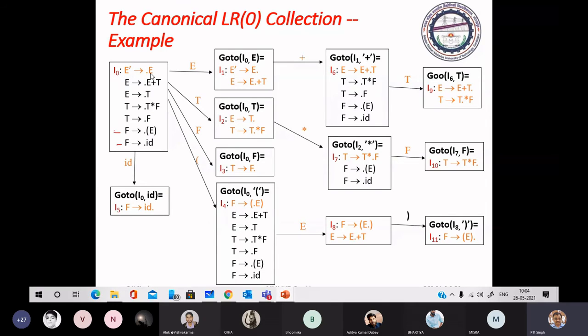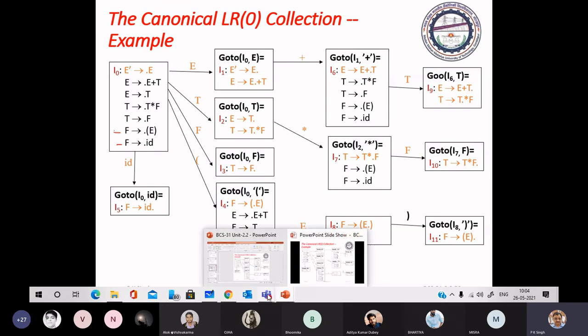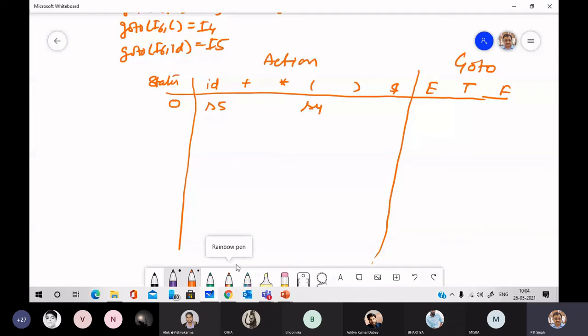Go to I0 E, with E non-terminal just after the dot, is I1, so go to I0 E is 1. Go to I0 T is I2, meaning 2. Go to I0 F is I3, meaning 3. So here you have 1, 2, 3.